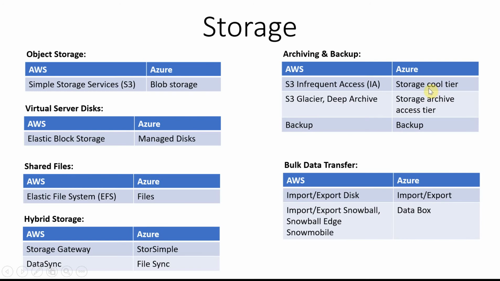So for such a category, storage cool tier is a solution. On AWS it is S3 Infrequent Access, so that is the equivalent on the AWS side. And the next one is the storage archive access tier. Primarily, if you want to go even further, like you need the data only once in a year, or once in 2 years,